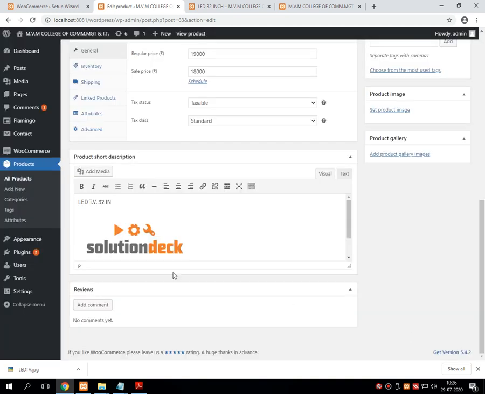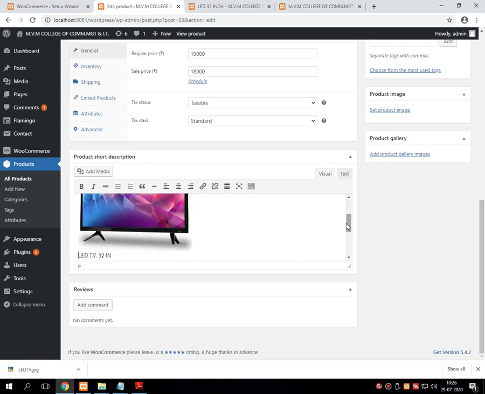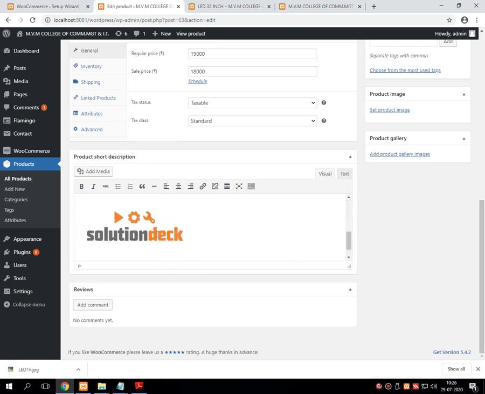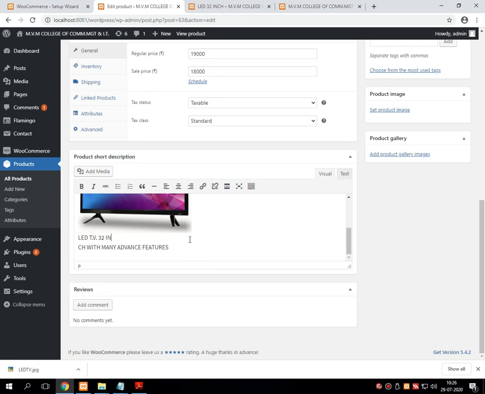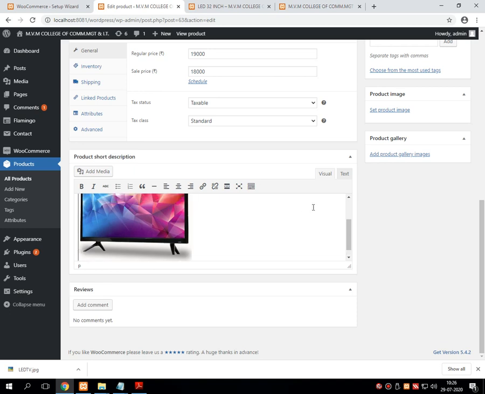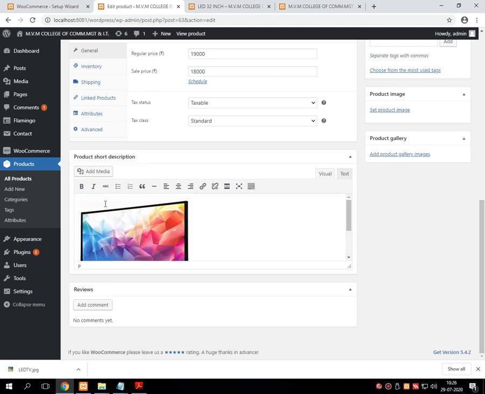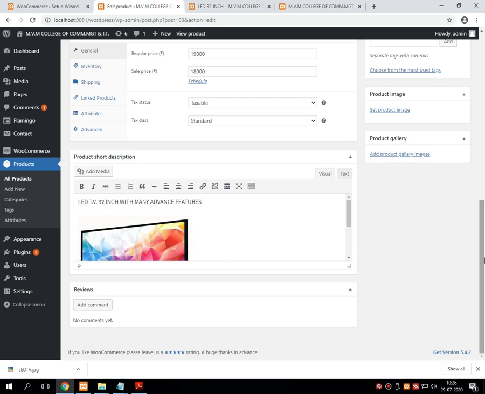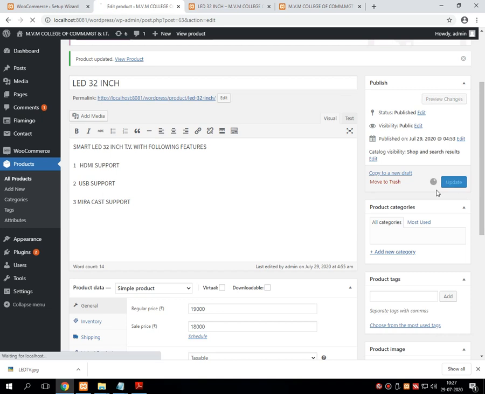Insert into the product, and then I am updating the product.